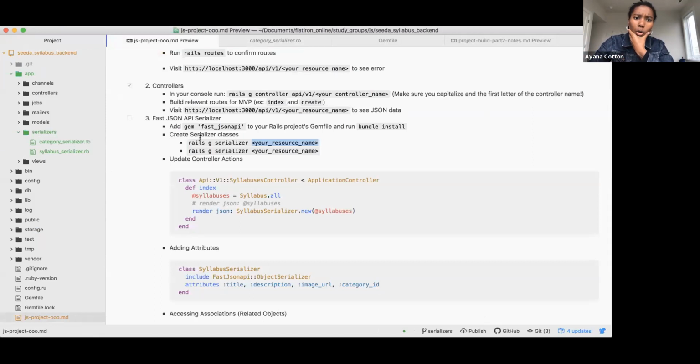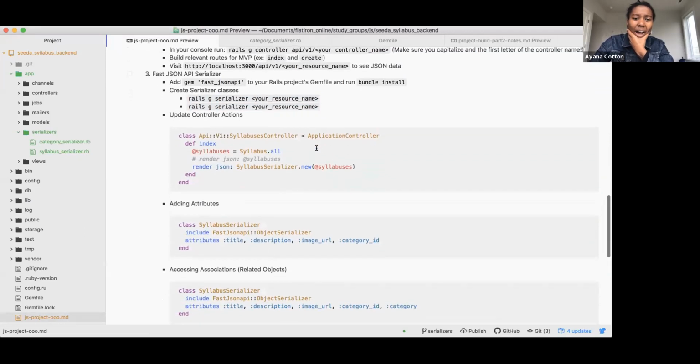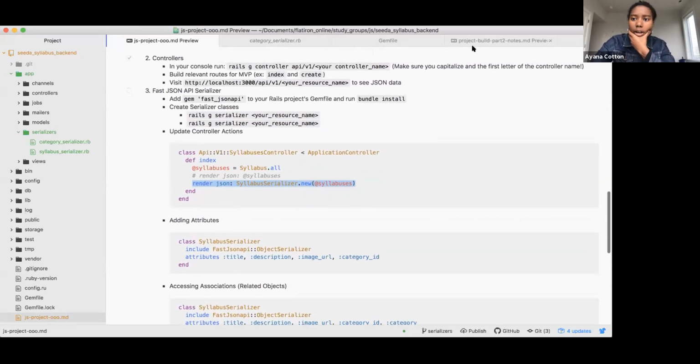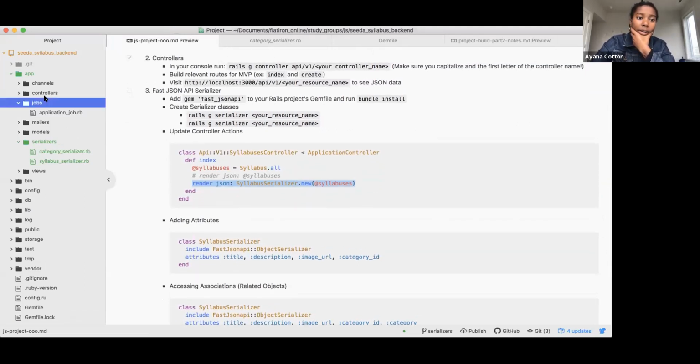But let's jump back to our order of operations guide here. So I have generated my serializers, but I also need to update my controller actions to include this new syntax, because I'm no longer just plain old rendering the JSON from my database. I'm creating a new instance of my syllabus serializer and passing it that argument. Since I have this code here and we're running low on time, I'm just going to copy that and plop that in